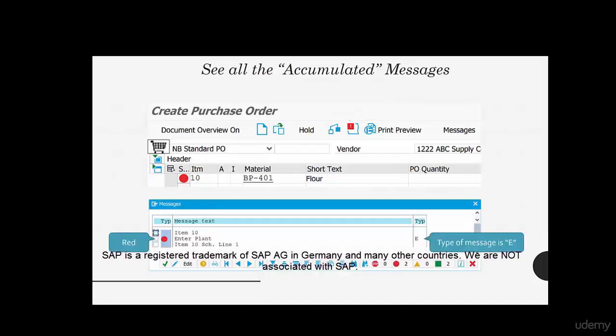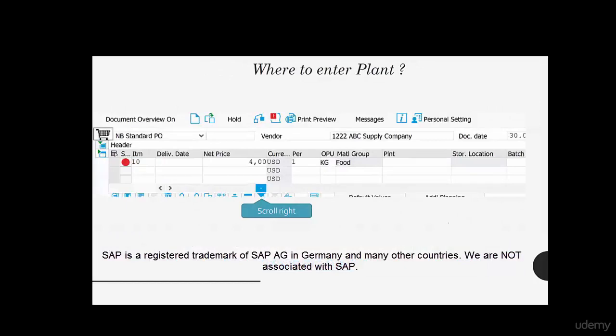Right? And then there are different kinds of messages that get thrown at you. So in this case, anything with a red is typically an error message, right? And you know that by the type of the message. E stands for error, right? And another word of caution,